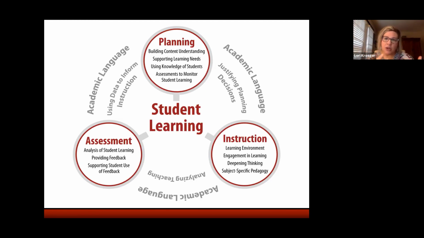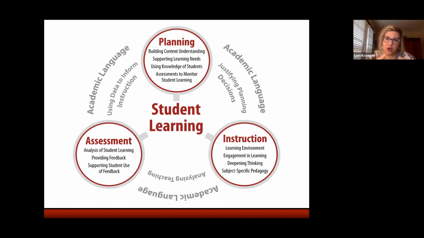But what I really want you to take away right now is that academic language is more than just the needs associated with English language learners. It also includes the needs of students who are speaking a variety of English dialects, and students who didn't grow up in a community where they were exposed to the vocabulary or the language that is used in schools or in the disciplines.